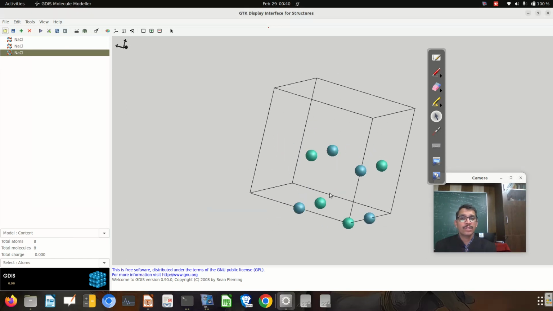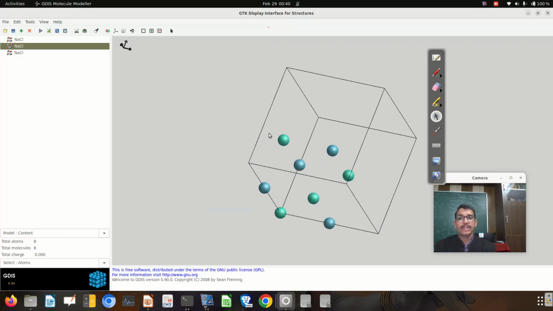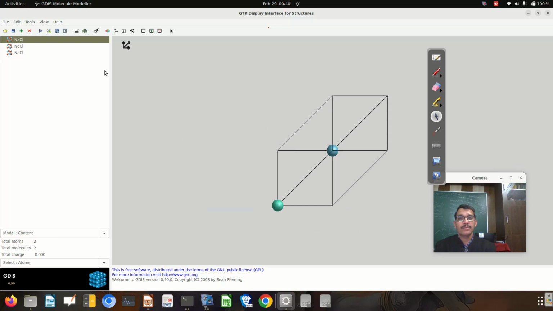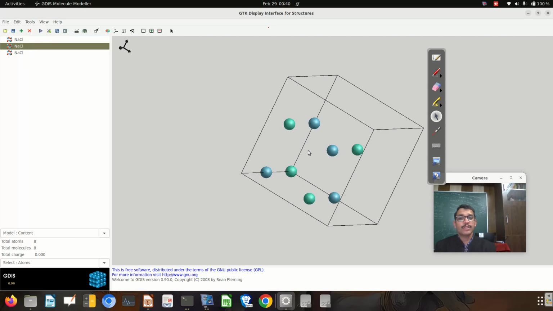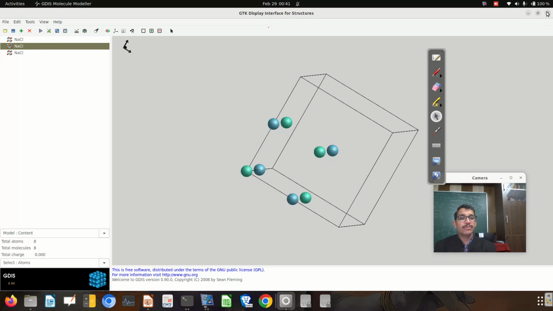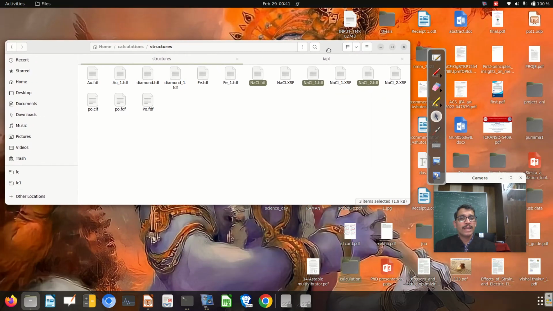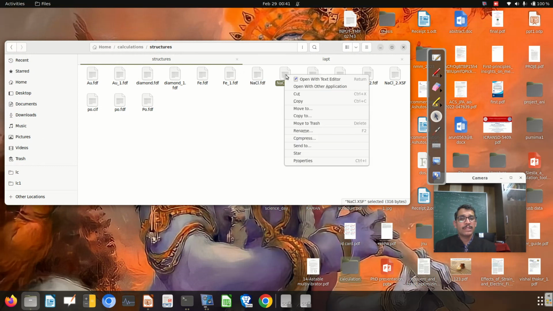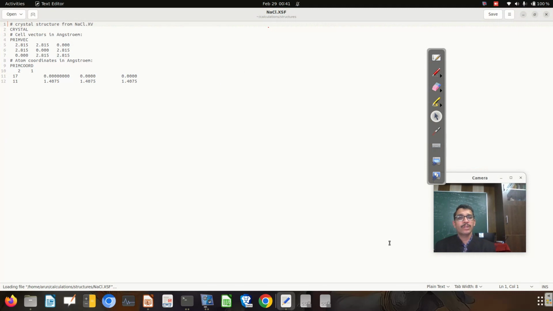So these are the two structures, this one structure and this another structure, both look identical, whether it is Cl1, and this is in the primitive mode. Here I have taken 8 atoms per unit cell, but it was a little bit difficult to visualize these. So for that I have also made an XSF file. The XSF file is similar to it, but here I am putting coordinates in the actual format,